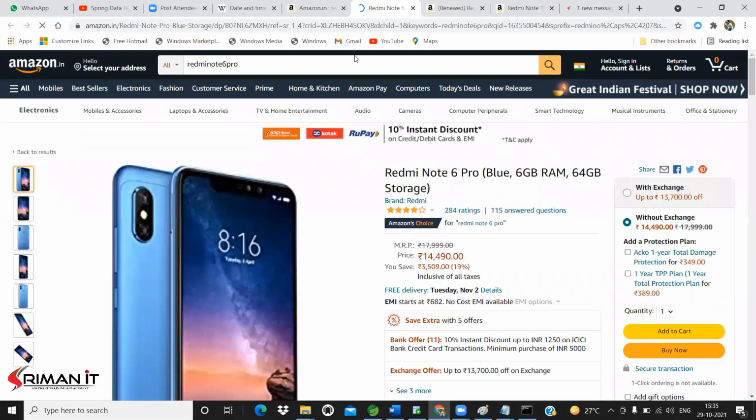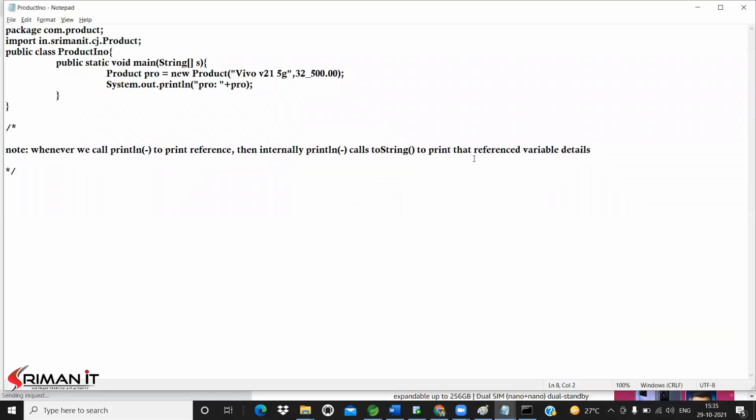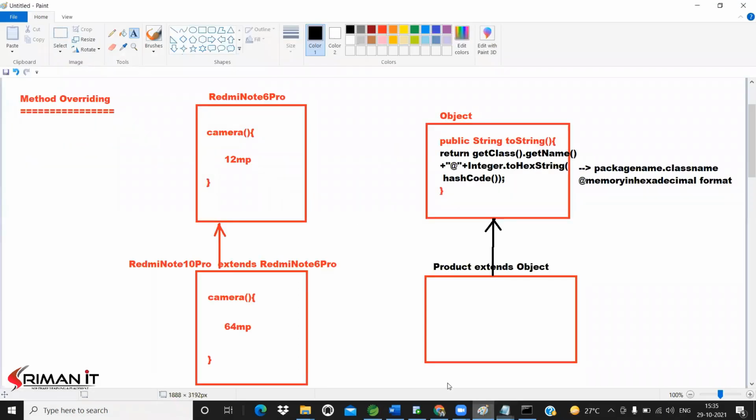No, it will print all that mobile's details. In the same manner, whenever I'm printing the product, I don't want to print this reference value, nothing but package name, class name, memory in hexadecimal format. I want to print the content. Already I written that logic to print the content.